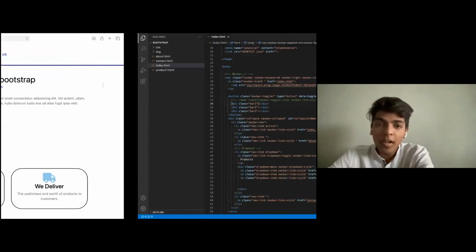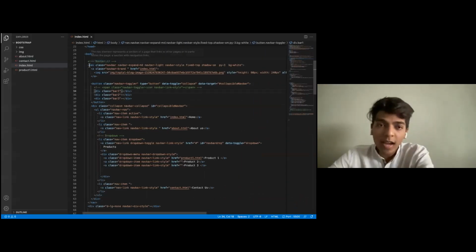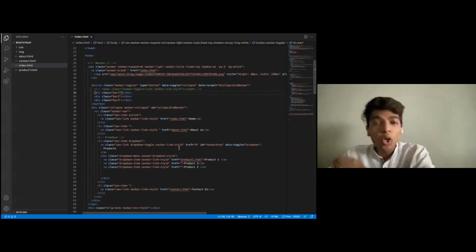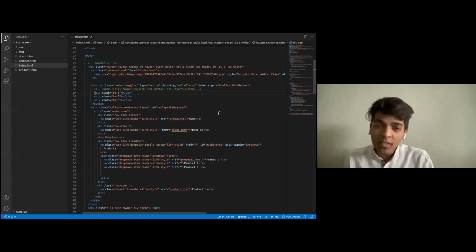So how do we build a navbar? The first part is that a navbar comprises a nav tag. As you can see, it starts with a nav tag and it ends with a nav tag. Don't worry about the code. It seems a bit big, but this is something you have to copy and paste. You just need to place the right class at the right part to style it. The navbar is already provided to you by the Bootstrap library, so this is not something you have to be worried about.